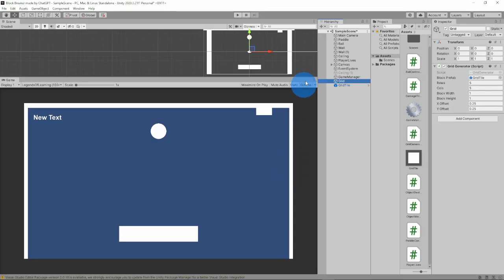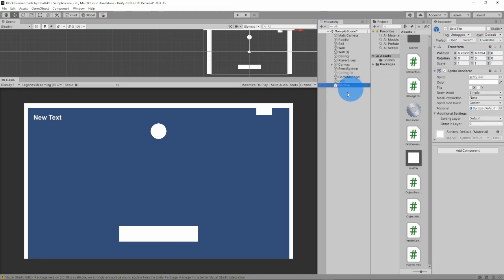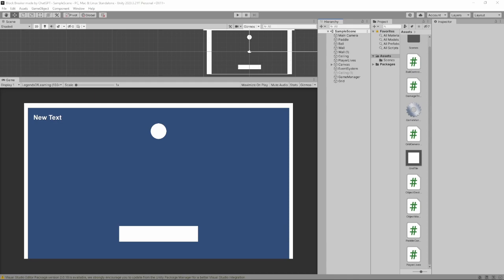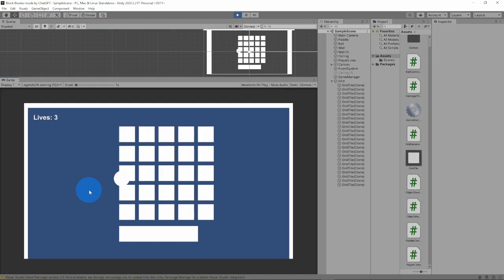And then to center it, you want to make this grid game object 0, 0, 0 on the position. And then we can also remove this prefab. And now when I run the scene, there should be grid tiles in the center and spaced out. There we go. Now I think we should just have less rows appearing,